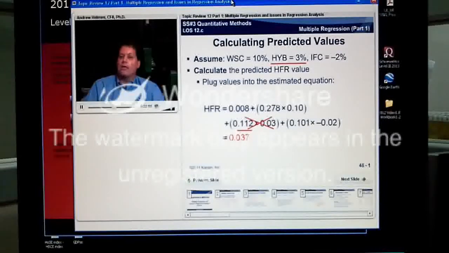You could take that variable out and rerun your regression with 2 independent variables, that is the Wilshire and the emerging markets, and then use those coefficients. That would be another alternative. But given the coefficient that we've estimated, we will have to have an estimate for high yield bonds, and we will have to plug that into our predicted value. So don't start thinking that you leave insignificant coefficients out of your prediction of the y variable when we're dealing with regression equations. And of course the predicted values for all of the inputs would have to be given to us